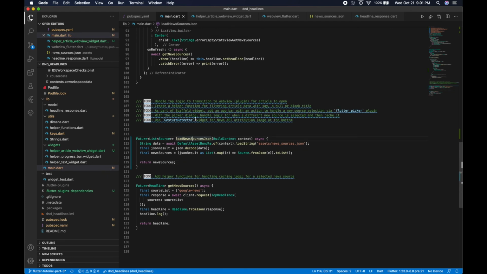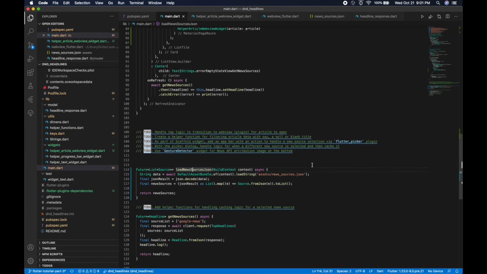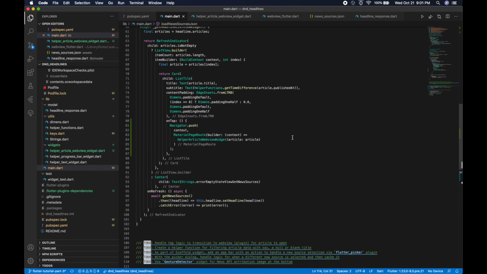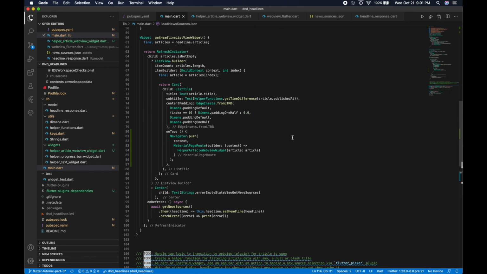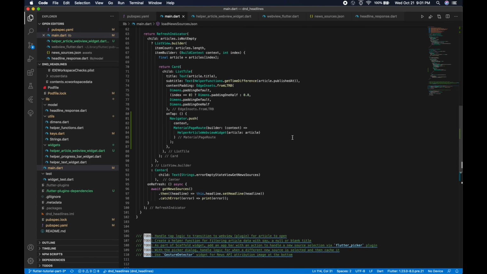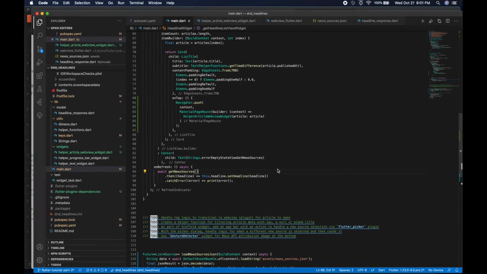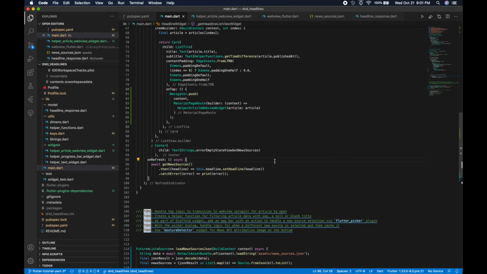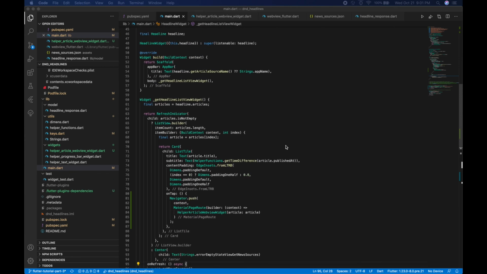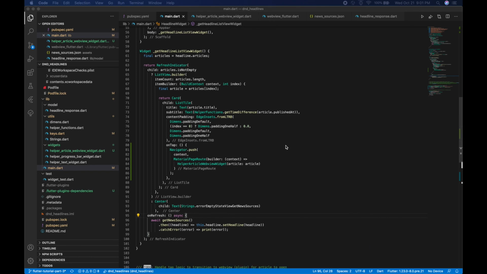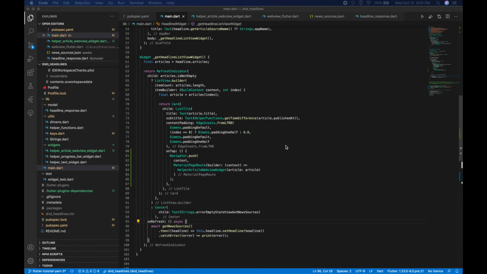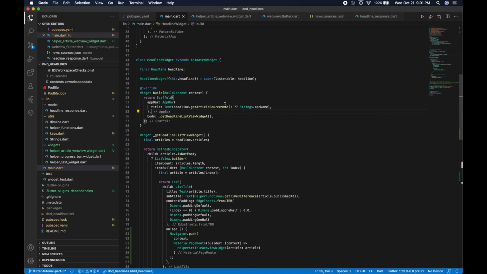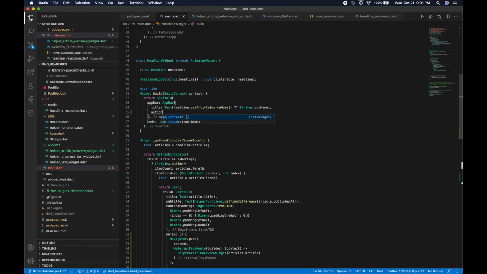Cool. So where should we call it exactly? Basically, now we want to go back to the Flutter Picker plugin and actually import it, because before we pass in the list of source names, we probably want to call the function before showing the list to the user. So what we could do now is make the app bar have a simple button that would display the Flutter Picker. I was thinking we could put it somewhere on the app bar, because fortunately it takes in an actions parameter, which is a list of widgets,